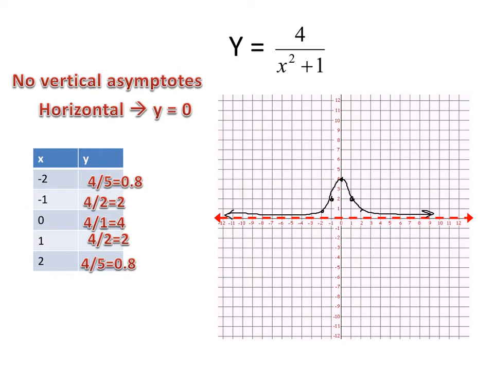So on this one, the domain, x can be whatever it wants. And it doesn't have any restrictions at all because there's no vertical asymptote. So it can be any real number. The range is a little bit trickier